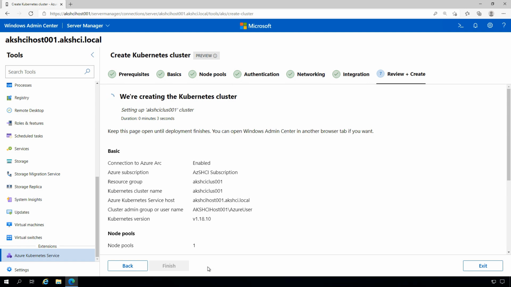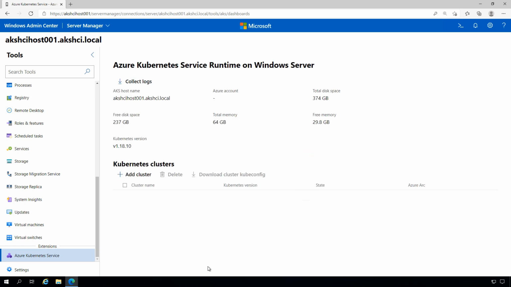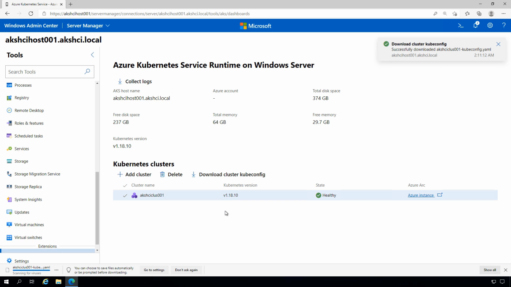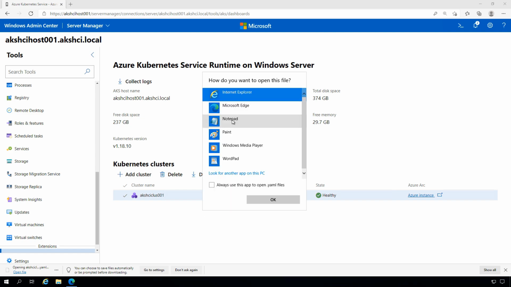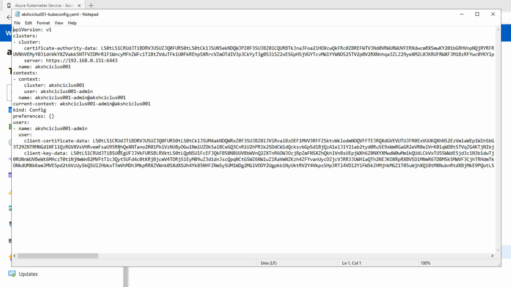And then we're creating the cluster. So you'll see within a few clicks and a few minutes, that deployment is now completed and we have our target cluster for running our workloads. And if we go back now, you'll see in this view, we've got our Kubernetes cluster. I can download the kubeconfig file, similar to what we saw by using the PowerShell commandlets earlier. And I can take a look at that kubeconfig file in YAML format, and you'll see it just gives us information about the cluster, some secure credentials, some client and key certificate information.